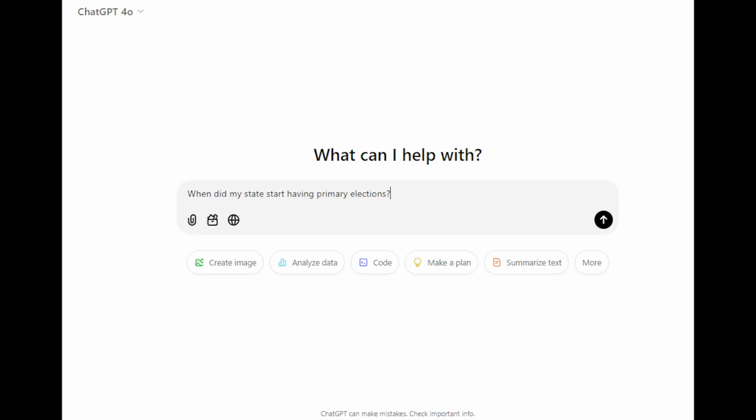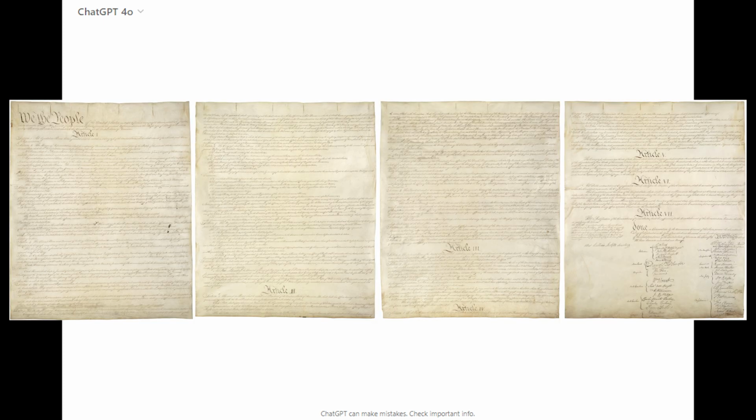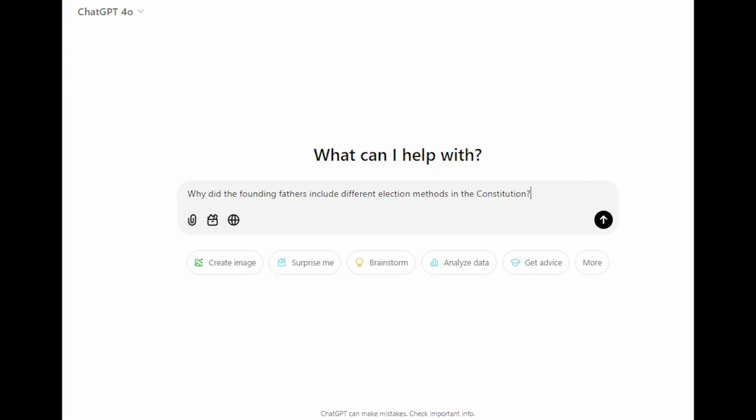Here's a fun activity. Go onto ChatGPT and type in a question like, when did my state start having direct primary elections? When did my state dispense with indirect elections? When did my state adopt binding elector laws? You could even ask it to perform some reasoning tasks for you, such as, what are some possibly unintended effects of homogenizing election methods? Why did the Founding Fathers include different election methods? Some of the greatest resources out there are the Constitution itself, but if you're looking for an accessible way to get into this, I think it would be hard to go wrong by just asking sincere questions and locating truthful information that answers your questions.